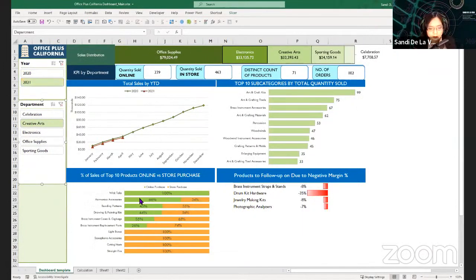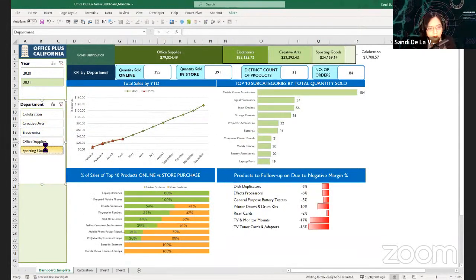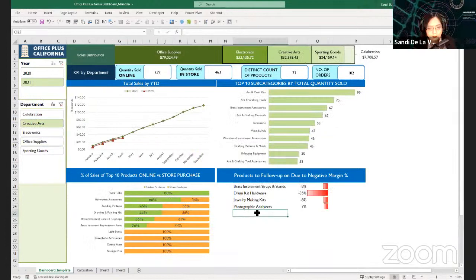So we can see here from our business question, if we select 2021 or celebration, we can find that we are outpacing our sales when we look at the celebration department. But in other departments, it seems we're not outpacing our sales. And there are products we need to follow up on since the margin is negative.